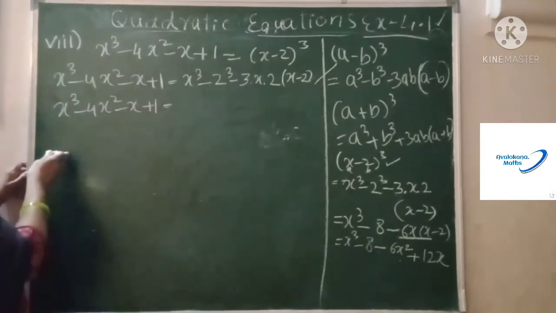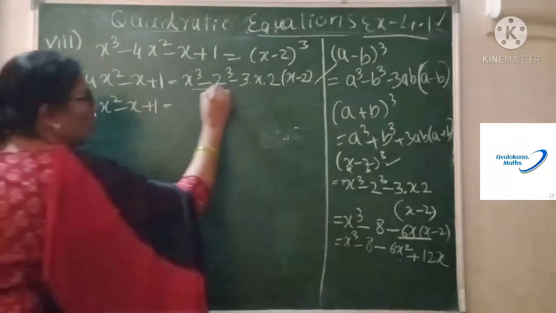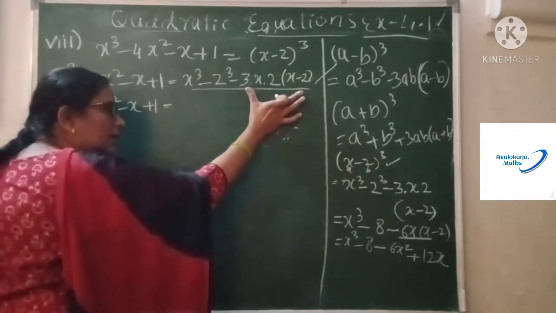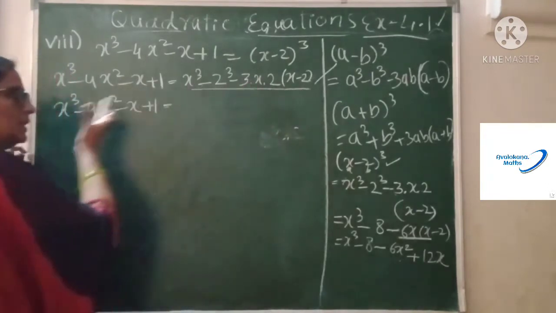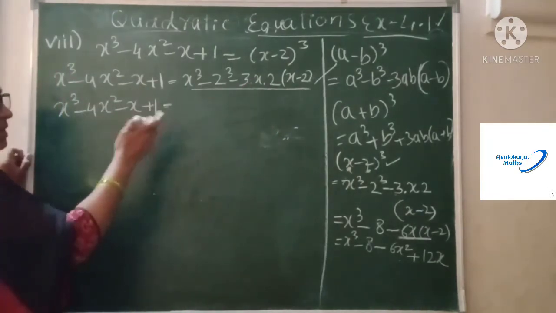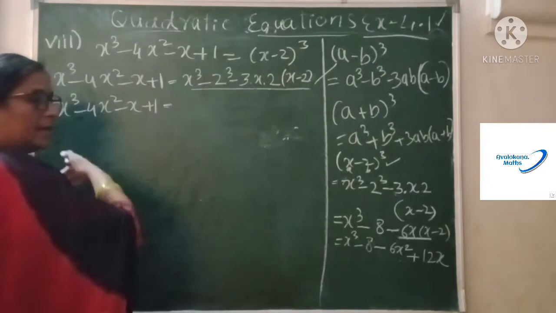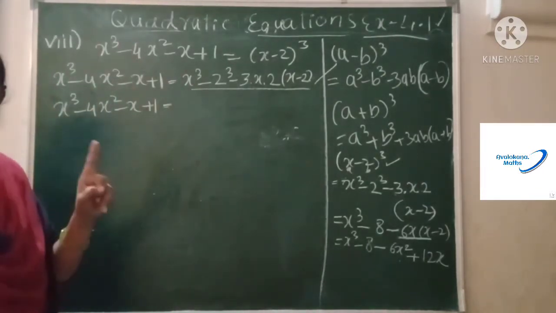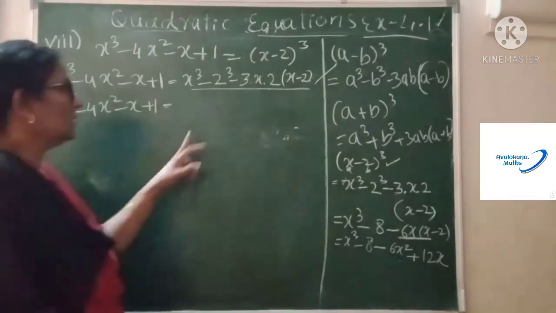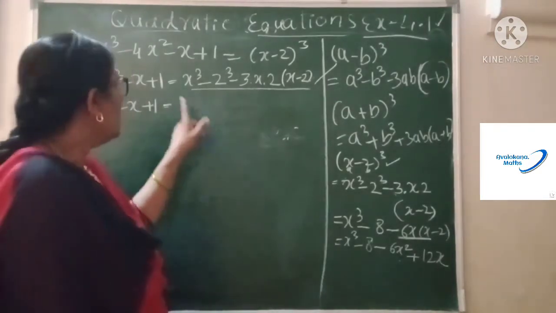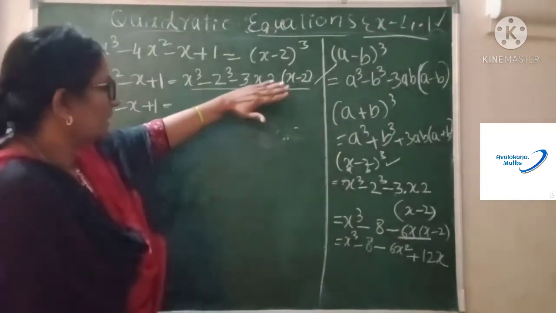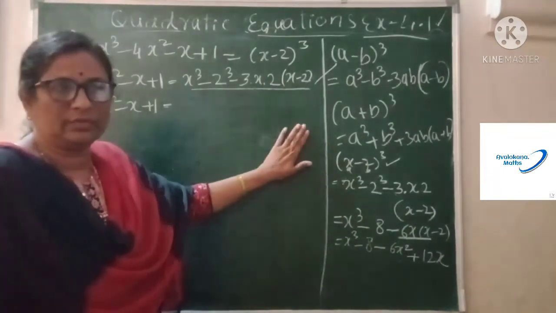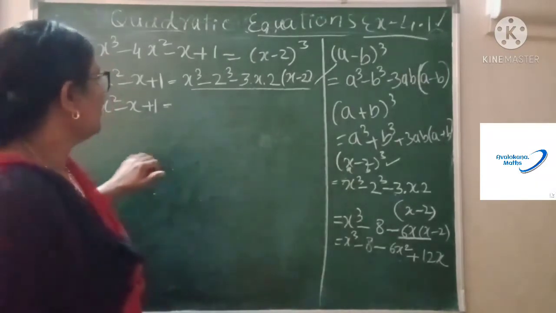Don't transfer the terms immediately. First simplify all the terms that are in the bracket. After opening the bracket only you are bringing them this side. So remember this one. Most of the children, what they do? In a hurry they just bring without simplification. Of course you can do it if you have the practice of doing that. Otherwise it is better to simplify the LHS terms and the RHS terms first, then transfer. You will not get any confusion in that way, I say.